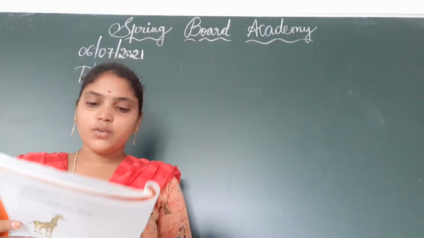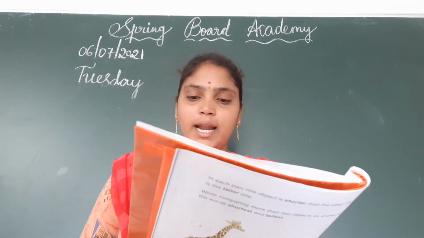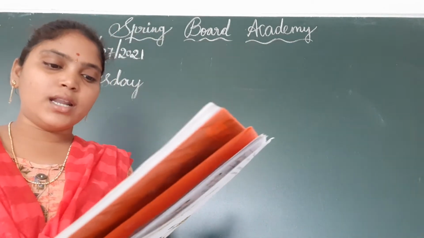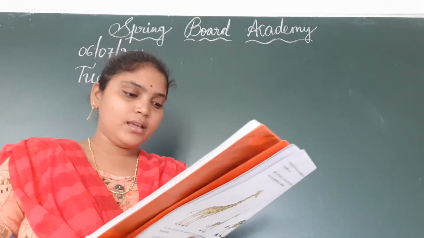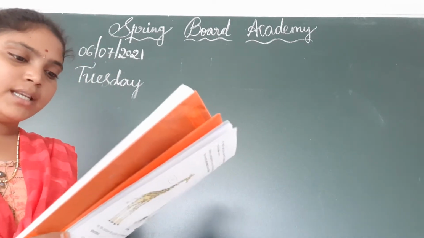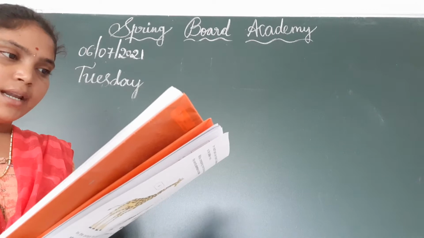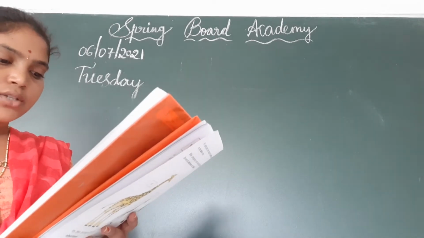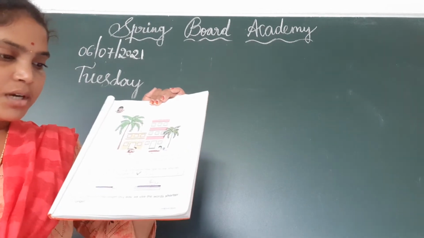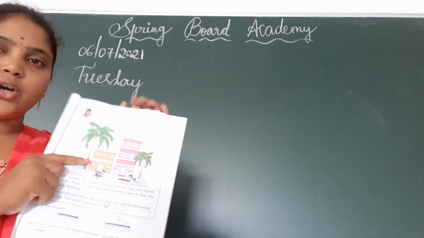Next. What would you write near the palm tree next to the shorter building? Tick your response: tall, T or L. Here you have to check, children. What would you write near the palm tree next to the building? Tick your response. Okay, where is the shorter building, children? Yes, this is the shorter building.